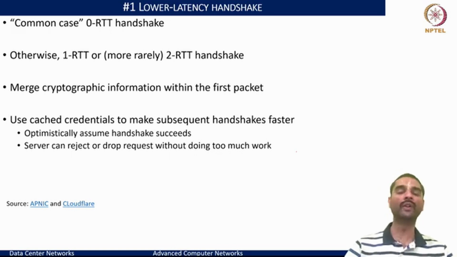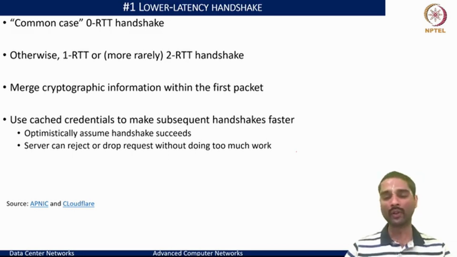You avoided the overheads of additional RTTs to negotiate the cryptographic parameters, especially the symmetric key that you would want to use for encrypting the session details. And with TLS 1.3, it also facilitated that if I have cached credentials, I could directly start to assume that the server would work with the credentials that I earlier shared in one of the connections and start using it. Because most often we would have the connection parameters, we are connecting to a particular site, we repeatedly connect over time.